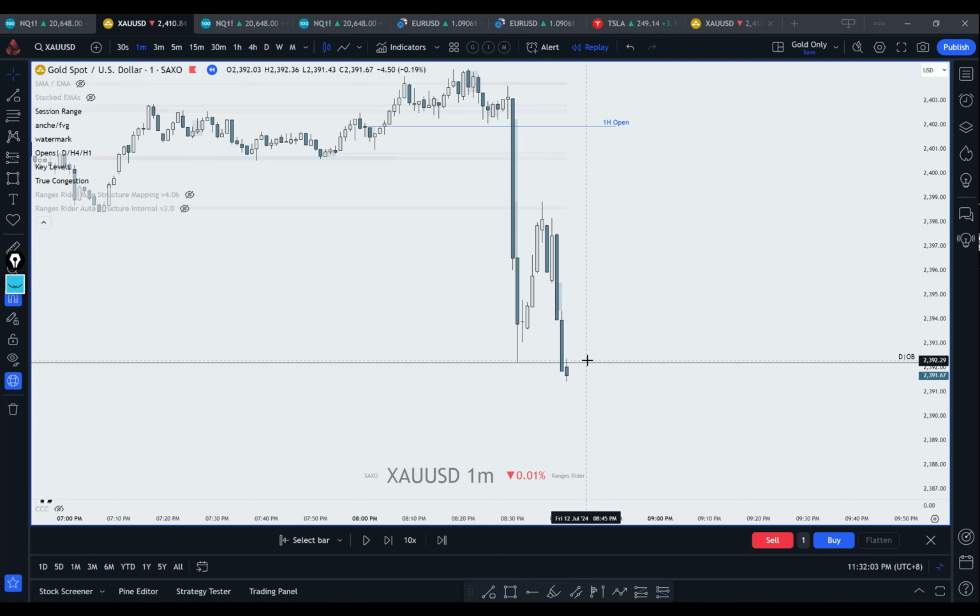If we get back into the level, then this will turn into the order pairing. I'm not sure at this moment, but at this moment it's not order pairing. But if we are back into the range, then this is the order pairing area. Order pairing is what? Order pairing is basically where the big boys are accumulating their positions. Of course, they are not accumulating their position on the sell side. Surely they are accumulating on the buy side. But we don't know at this moment